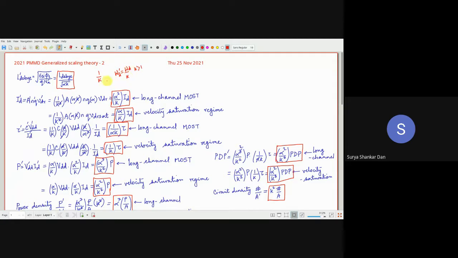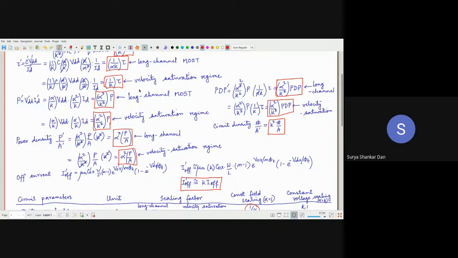But in case of the Debye length, what we will observe is that it will change by a factor of 1 upon root over alpha k. Notice that this was the formula of the Debye length. The only parameter in this expression which is affected by scaling is N_A. Now we know that N_A changes to alpha k times N_A, right? So therefore, the Debye length changes by a factor of 1 upon root over alpha k. Very simple.